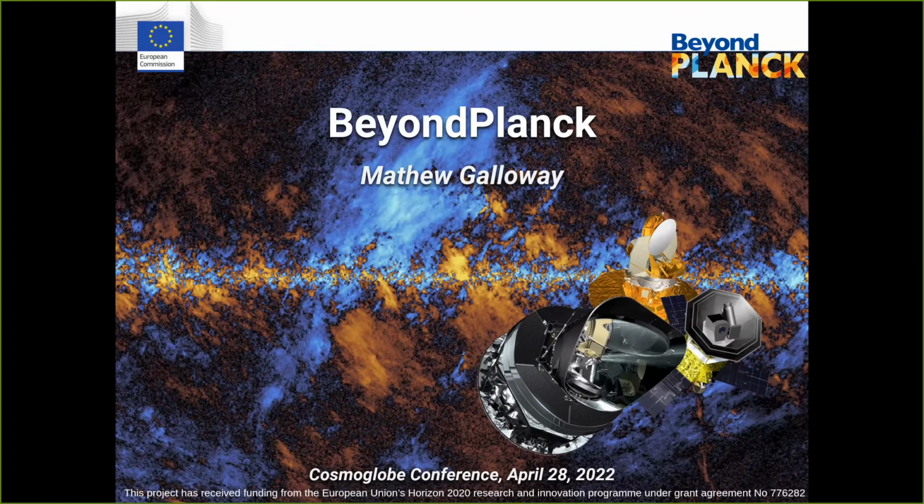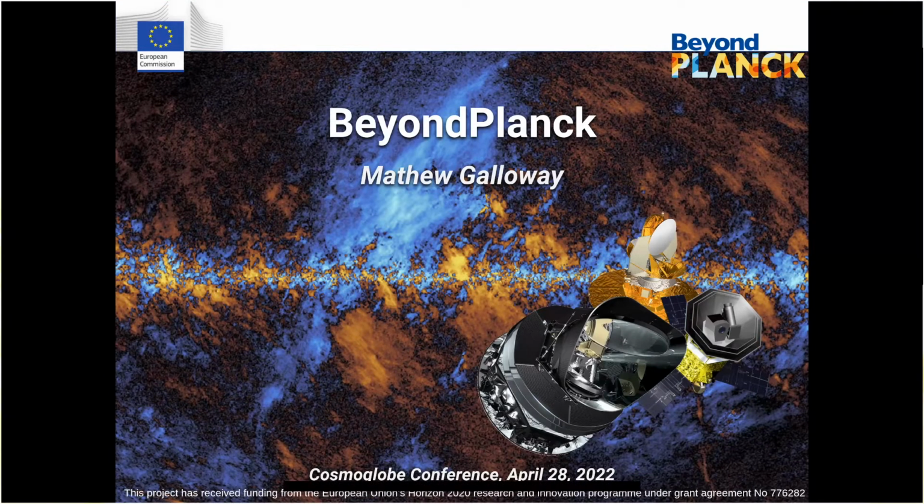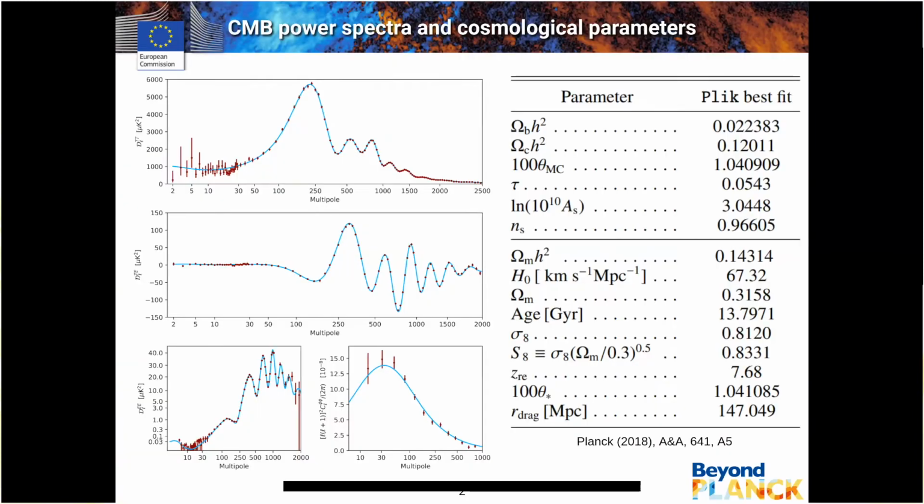So as most people know, Planck is of course one of our best sources of information about the early universe and the CMB itself. It has basically some of the best constraints on almost all of the cosmological parameters that we have in the Lambda CDM model, as well as various extensions of that model. And so Planck is, with no understatement, probably our most valuable resource about the early universe that we have at the moment. But that's not to say that the Planck data is in itself perfect.